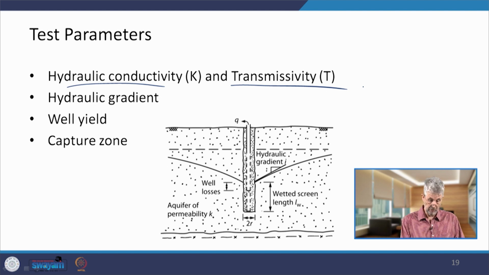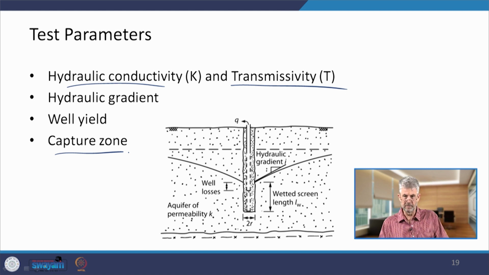And also, ultimately, I should say, we need to know the capture zone, which is determined by all these other parameters that I mentioned, hydraulic conductivity, transmissivity, and so on. And the capture zone is what really determines the success or failure of hydraulic control. So in other words, what seems to be a pretty straightforward solution to a problem can quickly turn into a massive amount of data that needs to be first researched and determined, and this again requires field, laboratory, and modeling exercises.